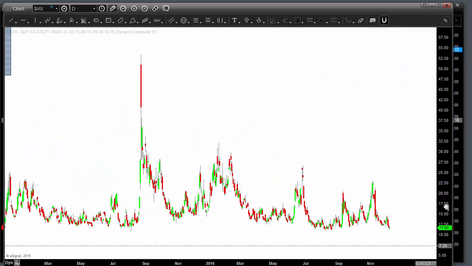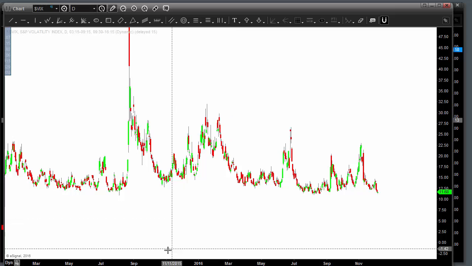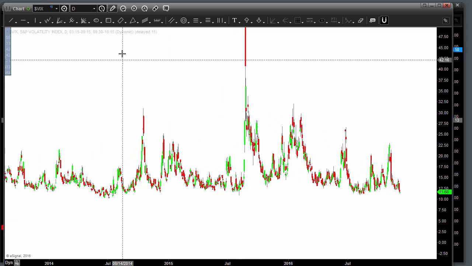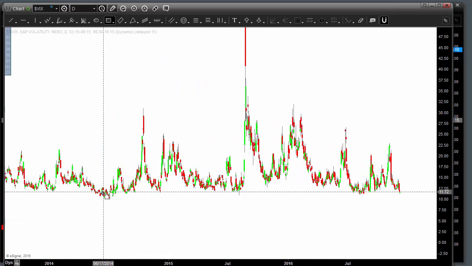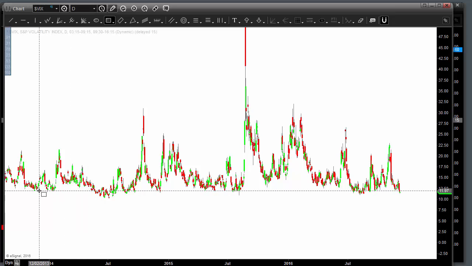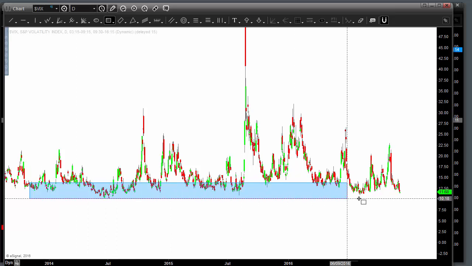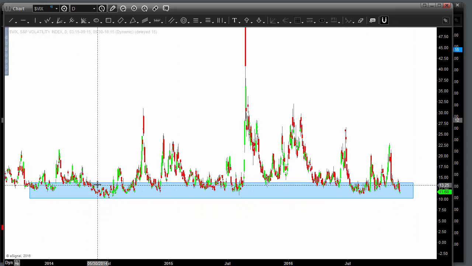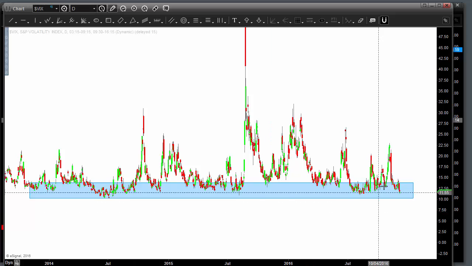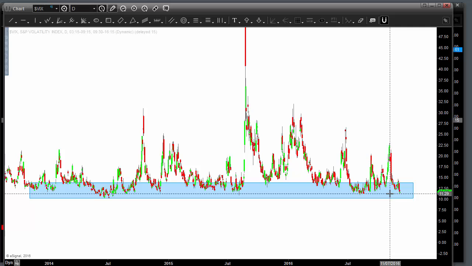So here's a chart, for example, of the VIX itself, and I use candlesticks here in this case, and you can see the VIX for the most part over longer periods of time, and we're just looking at a couple of years of history here, has a lot of price history that takes place in the lower end of this big range. And just because the VIX is low doesn't mean it has to spike. Now, if the VIX stops dropping below 11, things do tend to mean revert to the upside in the not too distant future. In other words, we then tend to see somewhat of a rise in the VIX and a fall